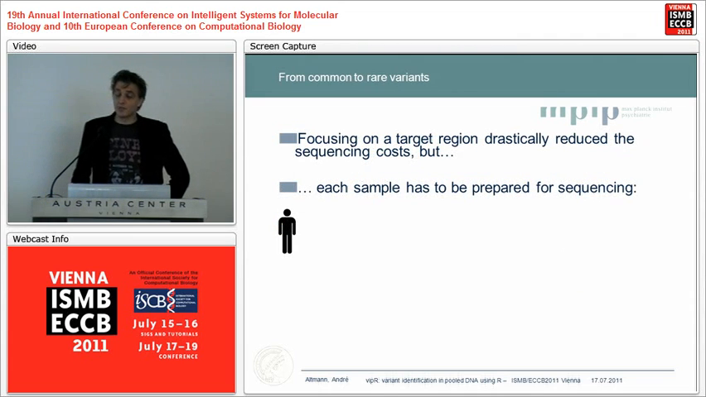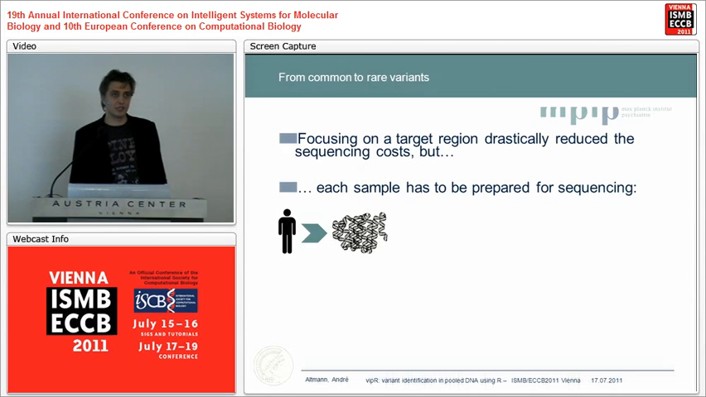So focusing on a target region drastically reduces the sequencing cost, but still each sample has to be processed and prepared for high-throughput sequencing. So in a very brief summary, this works like this. You have an individual, you extract DNA, usually from blood samples. You have to fragment the DNA, so you have short bits and pieces, and then